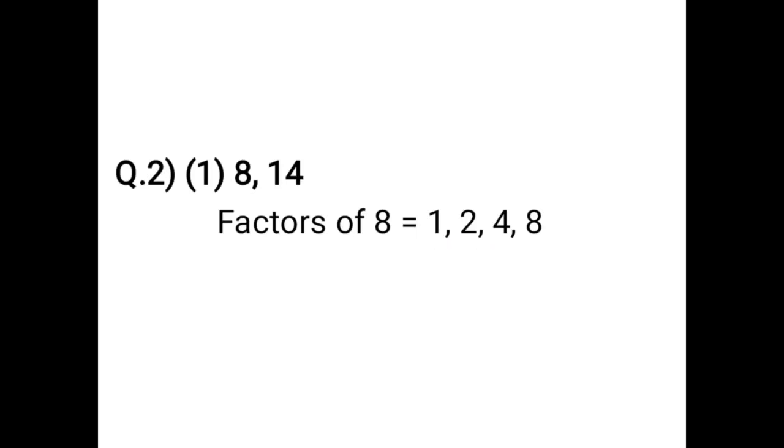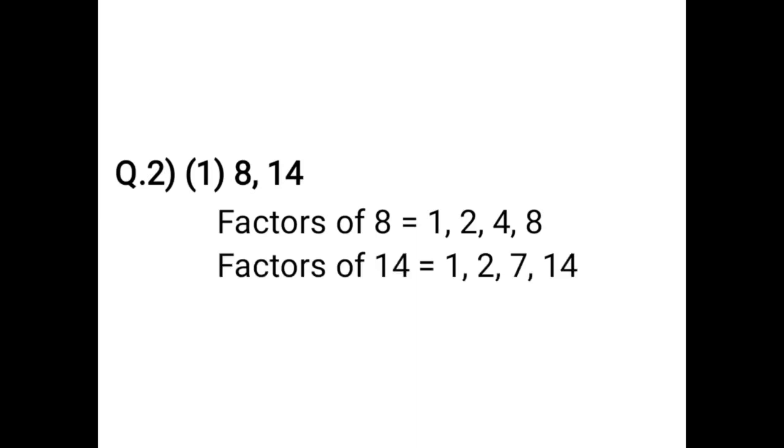Then next number is 14. So write the factors of 14. Number 14 is going in which table? You have to write that. Factors of 14 is equal to 1, 2 table is going, 2 sevens are 14, 7 twos are 14, then 14 ones are 14. Now underline the common factors and then you have to write the common factors. Number 1 is common. Number 2 is common. Other common factors are not there, only 1 and 2 of these two numbers. So common factors is equal to 1, 2.